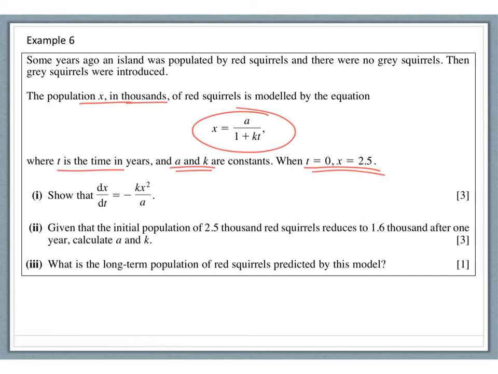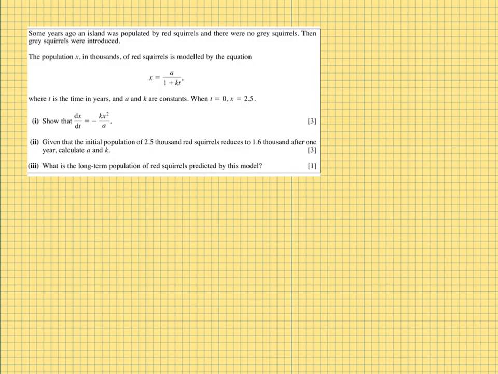So first part, a bit of differentiation. Part 1. We need to show that the derivative is this. So dx by dt, I'm going to rewrite this as a bracket 1 plus kt to the negative 1, although you could use the quotient rule if you wanted to. I'm going to use the chain rule. So negative a, 1 plus kt to the power of negative 2. Don't forget to multiply by the derivative of the inner function here, which is simply k,